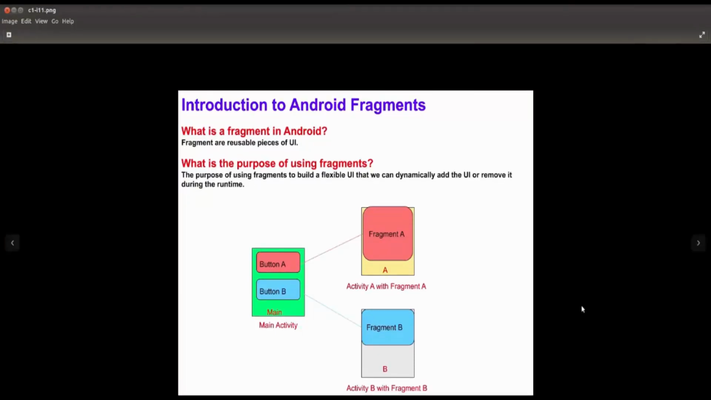Now if we have the following scenario, we have a main activity, and this main activity has two buttons, button A and button B. If we click on button A, for example, the new activity A opens with a fragment. If we notice, this fragment A is going to take around 80% of the UI,